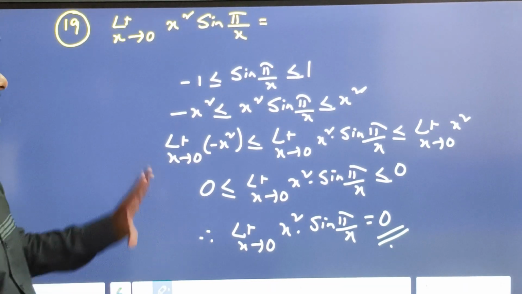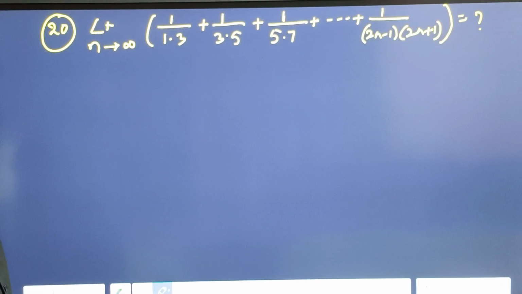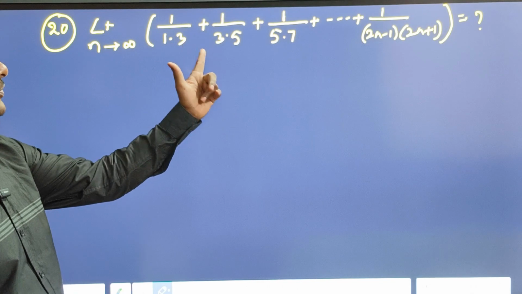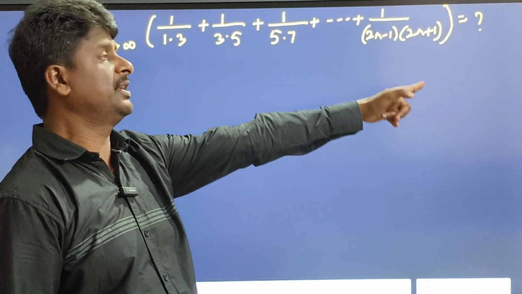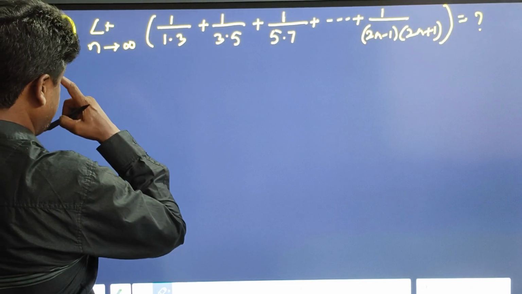Okay. So this is the way to find the limit as n tends to infinity of 1 by 1 into 3 plus 1 by 3 into 5 plus 1 by 5 into 7 plus and so on, up to 1 by (2n minus 1) into (2n plus 1). Do observe that